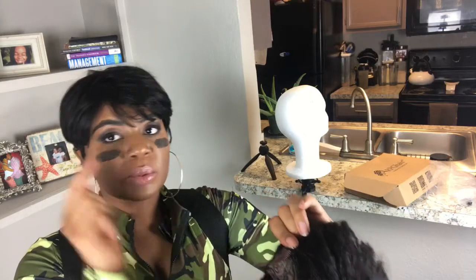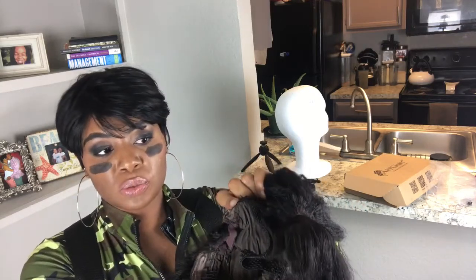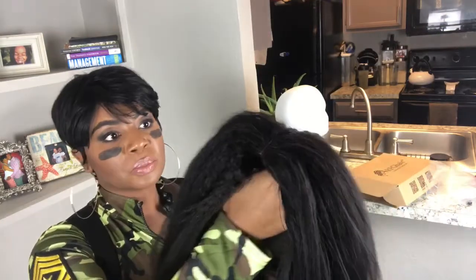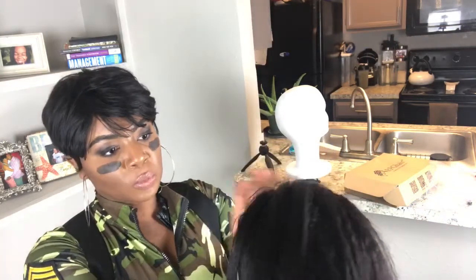Also, it has two clips here on this side of your ears, right here. So you can clip that onto your hair for a more secure hold. But you really have to make sure you have the right braiding pattern. Because what I found is that when my braids are too low here, I can't clip it on. It doesn't feel right. It feels like my hair is gonna come out when I clip those on. So yeah, make sure that when you do your braiding pattern, you don't have your braid too close to the